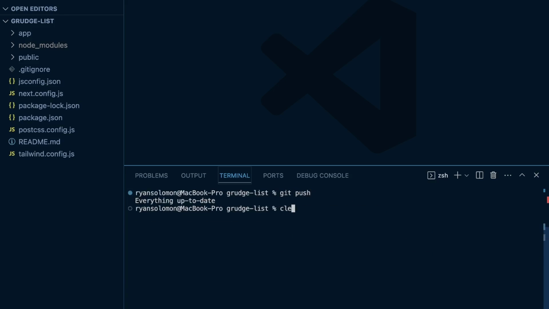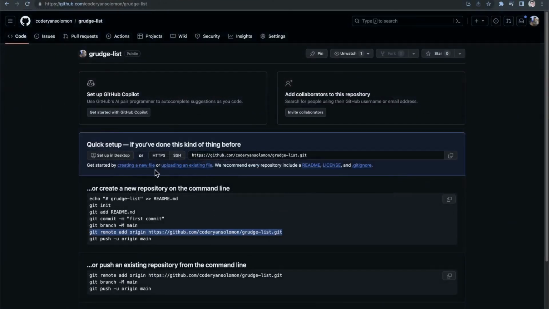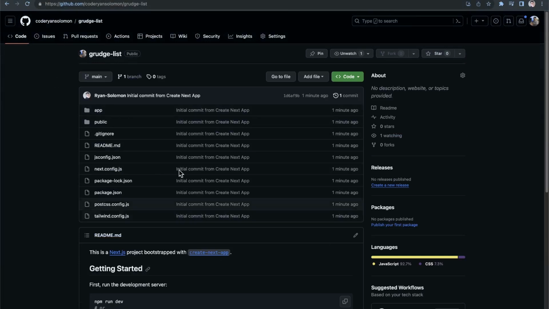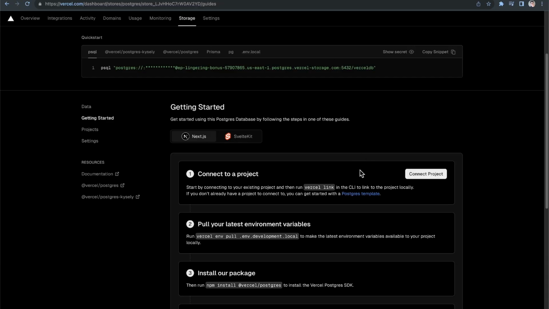And then, yeah, everything's up to date. So I've just pushed this initial project up to GitHub here. So if I refresh this page, you can see I do indeed have my grudge list project added to GitHub. So now that I've connected it to GitHub, what I want to do is in Vercel here, before I click